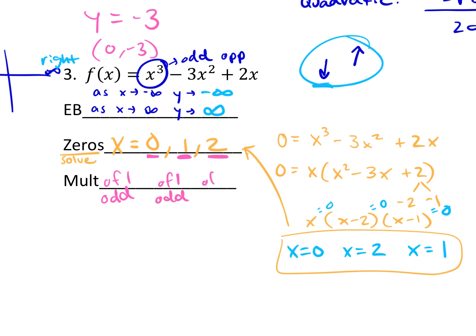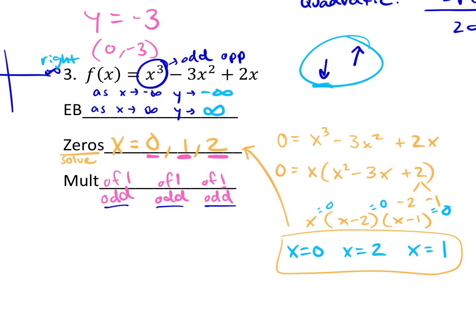1. So I have a multiplicity of 1. Is 1 even or odd? Odd. So even though my number was 2, my multiplicity is odd because I only have 1, 2 as an answer. Now, if we were to graph these at 0, at 1, and at 2, and my multiplicity is